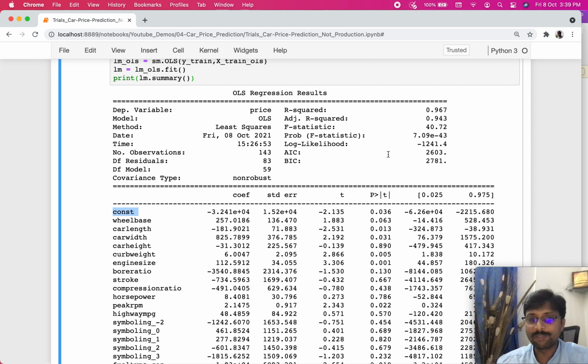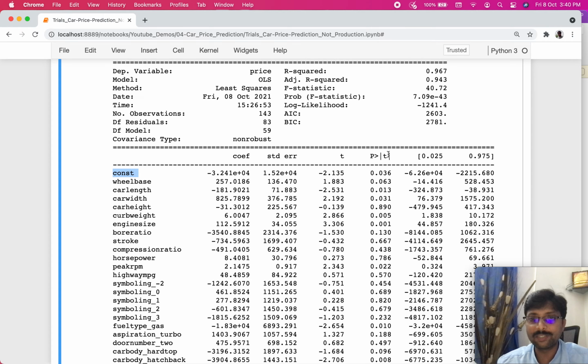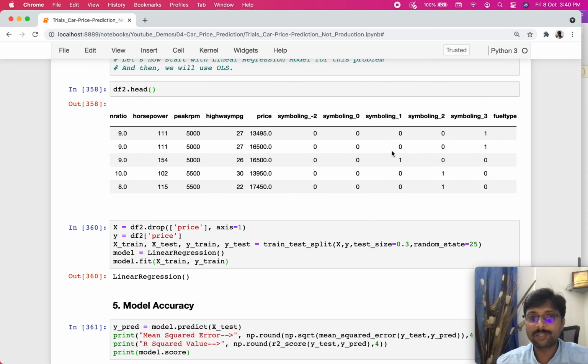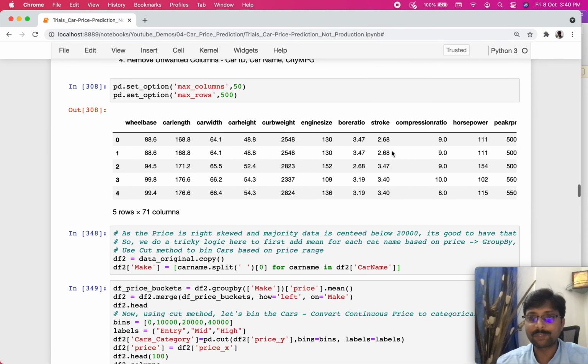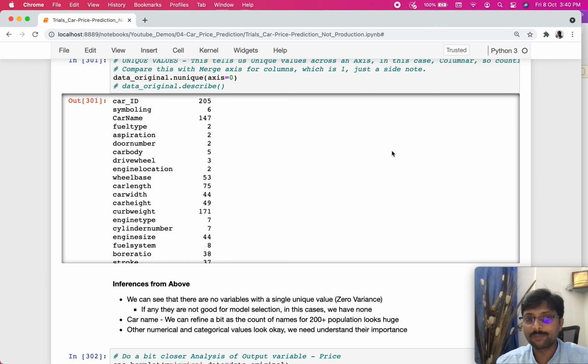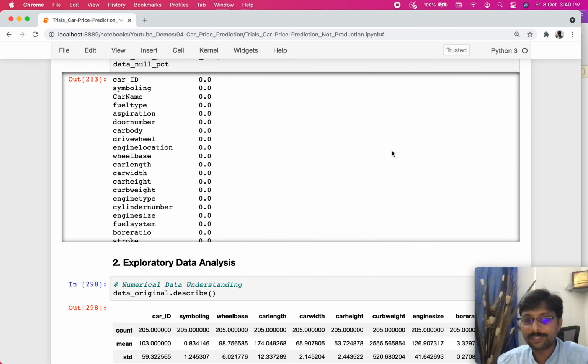But we will have a future video where we will review how we actually take these different probability values and how we further optimize this model to get much higher efficiency from this linear regression model that we have built. So that's a quick summary of how we would implement a linear regression model. I really hope you learned something out of this video, going through different phases, performing various stages, building the model and analyzing the model towards the end.